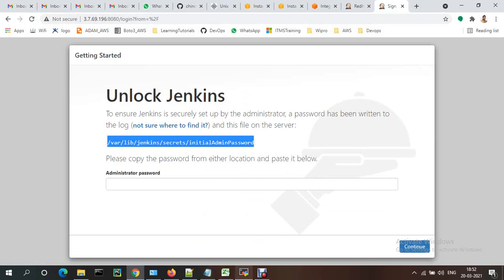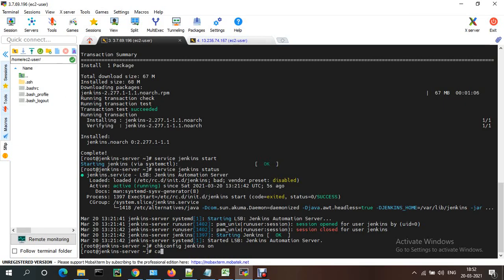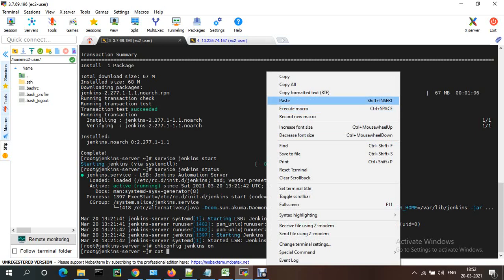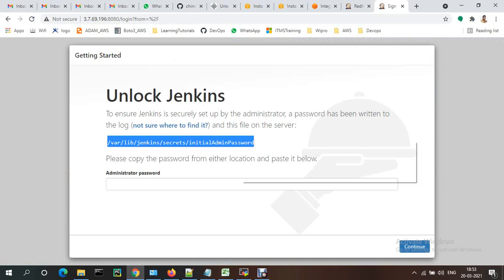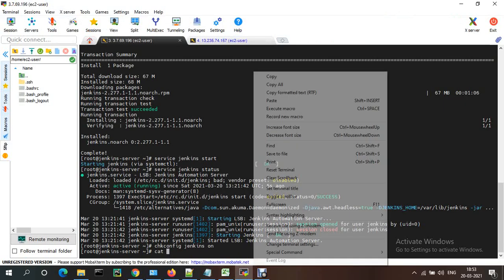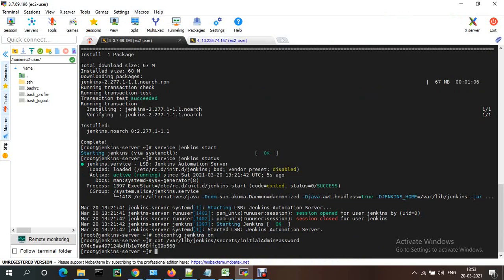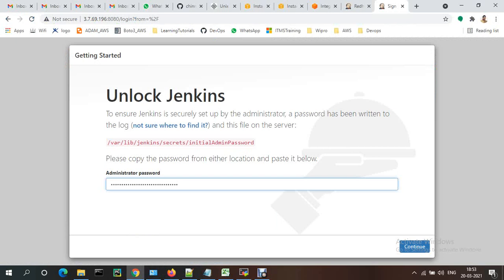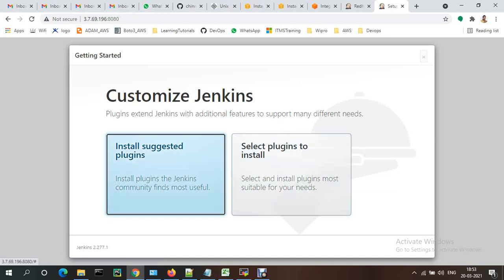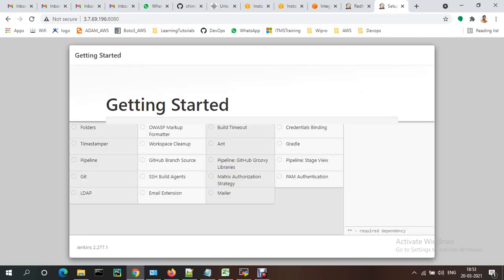Do a cat on the file to get the default password, paste it, and click continue. Then choose install suggested plugins. It will take some time to install them.